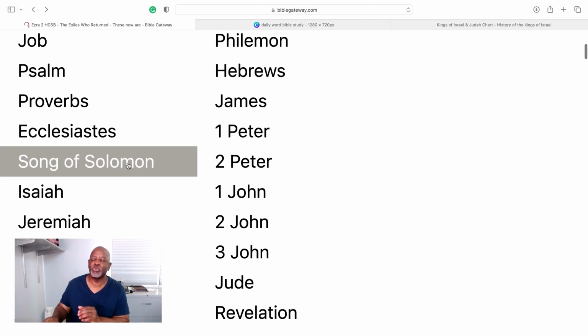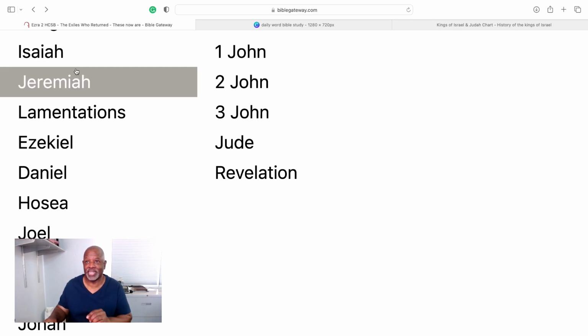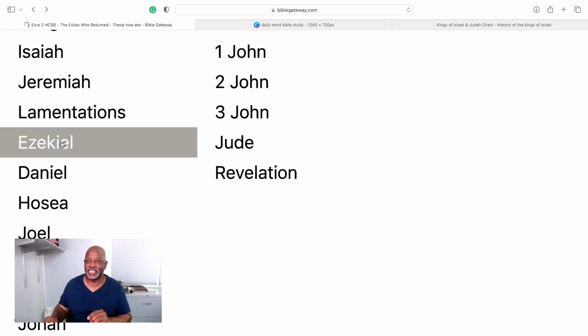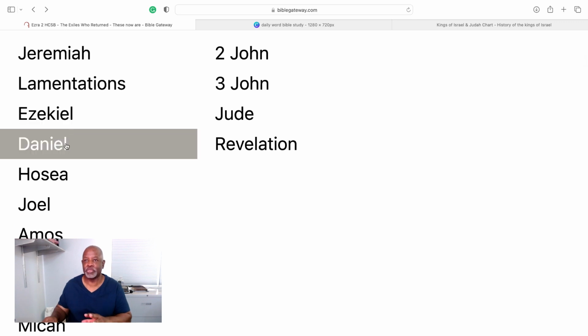The next section is important to us from the standpoint of the writings of the prophets. The writings of the prophets are divided into two sections, what is called the major prophets, so Isaiah, Jeremiah, Ezekiel, and Daniel. One of the reasons they're called the major prophets is that they hold a lot of weight. For example, Daniel is referred to in the book of Ezekiel, and Jeremiah is referred to by Daniel. We'll see that in a moment.